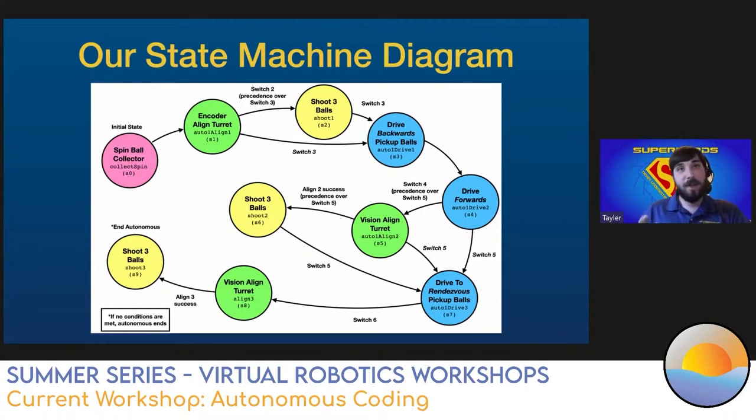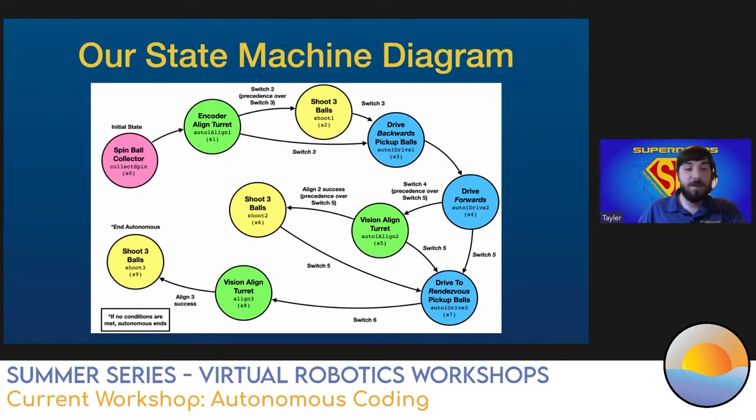So instead of looking at a switch, it's going to say, okay, is the vision alignment actually successful? Did we find a target? As some of you may know, Del Mar Regional is actually an outdoor competition. So we have a lot of different influences from the sunlight, and it can affect what our vision program is